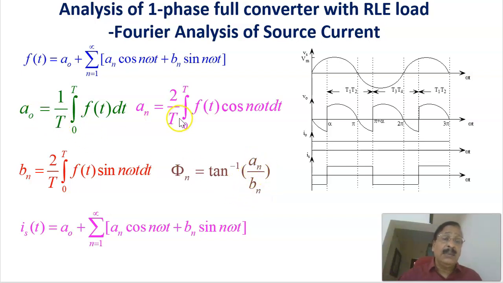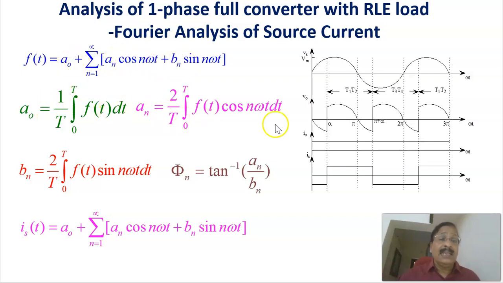Now, this n can be from 1 to, of course, infinity. It's called the frequency component. For example, if n equal to 1, it is called the fundamental quantity. If you are considering n equal to 1, it is a1 cos omega t plus b1 sin omega t. Now, if n equal to 2, it's the second harmonic, a2 cos 2 omega t plus b2 sin 2 omega t. Therefore, n can be varied from 1 to infinity, in which the Fourier constants like an, bn, and